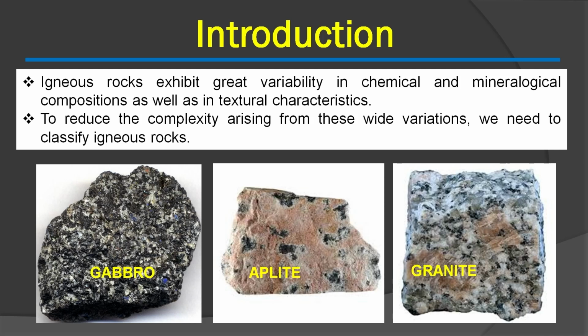We have a gabbro, which consists of dark colored minerals. Then we have a granite, which is mostly showing pink colored phenocrysts of potash feldspar. And then we have another granite, which also exhibits phenocrysts of potash feldspar, which is pink in color, as well as phenocrysts of plagioclase feldspar, which is white in color. This variation in color from the dark colored minerals to the light colored minerals arises out of the different minerals which constitute these rocks.